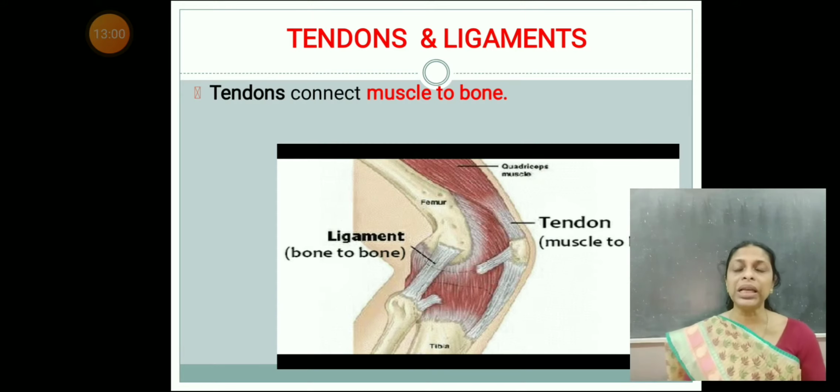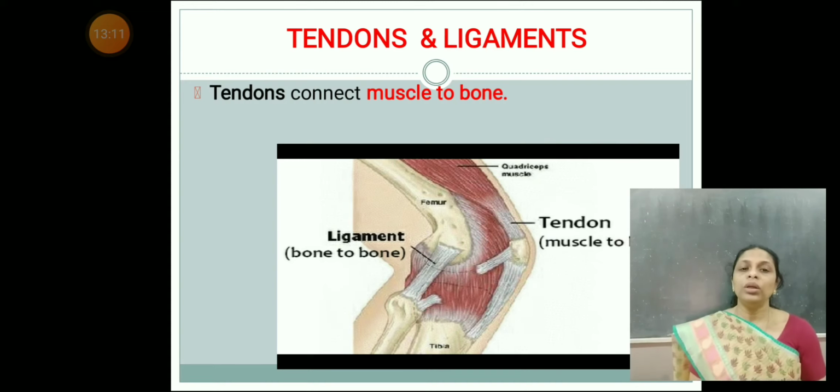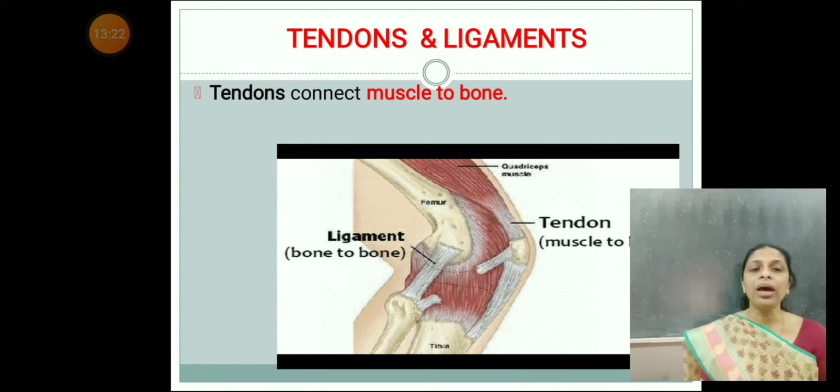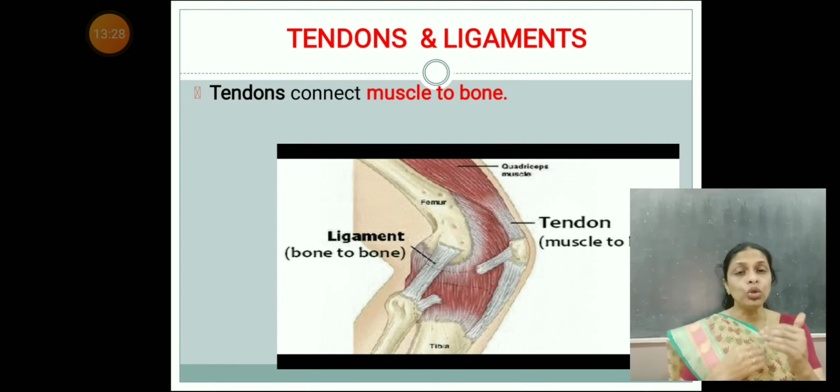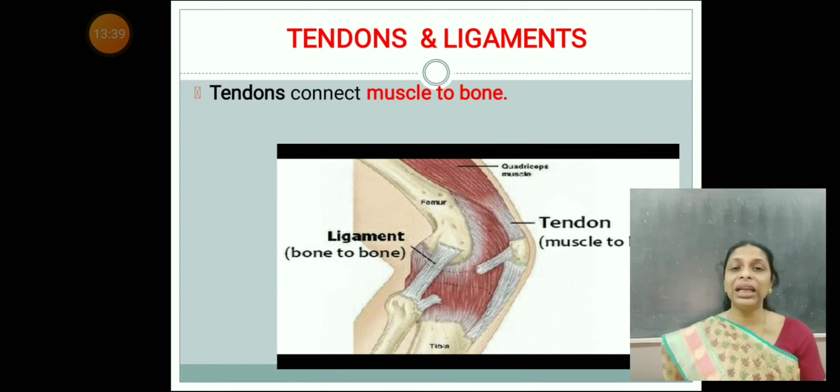So in the picture you can see the knee region of a leg, right? And there you can see two bones. Can you see the bones over there? Right. So the longest bone, that is the femur, thigh bone. Thigh bone is called the longest bone. So femur is connected to the other two bones, that is tibia and fibula, right? Those bones are connected by means of ligaments. You can see on the left hand side the ligament and on the right hand side you can see the tendon. Hope you can differentiate the tendon and the ligament in the picture.